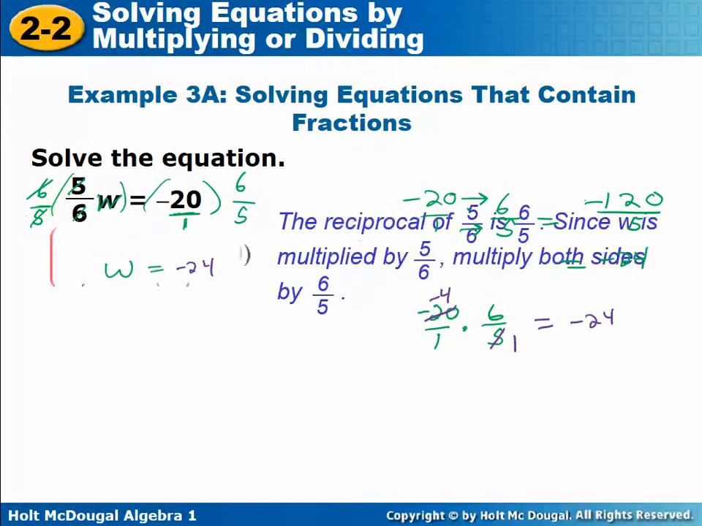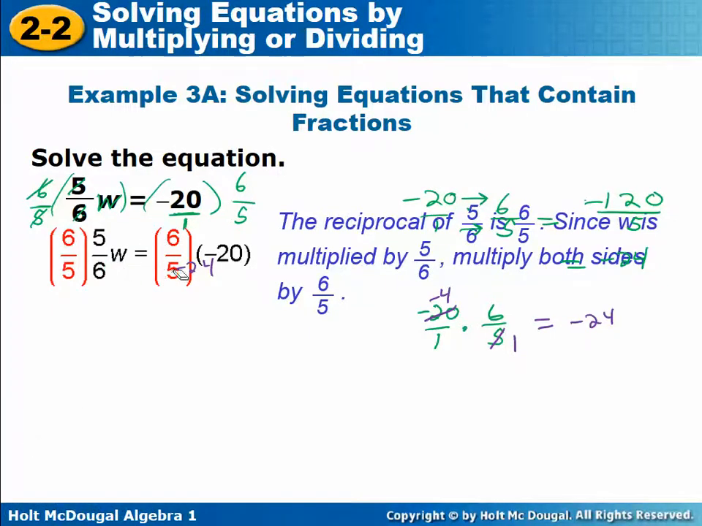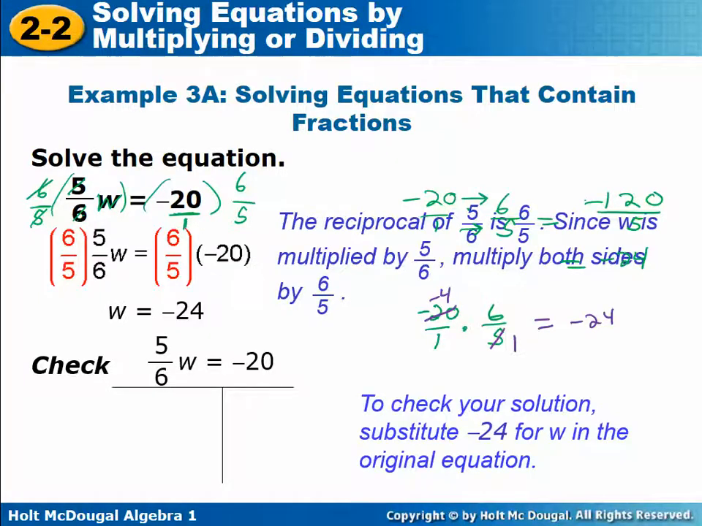All right, here are all the steps written out. I'll erase my marks here. So they multiplied both sides by 6/5, just as we did. And they got w equals negative 24 a little quicker. And then they're checking their answer, 5/6 times negative 24. Now, this might be a little tricky as well if you're not used to working with fractions. To check,